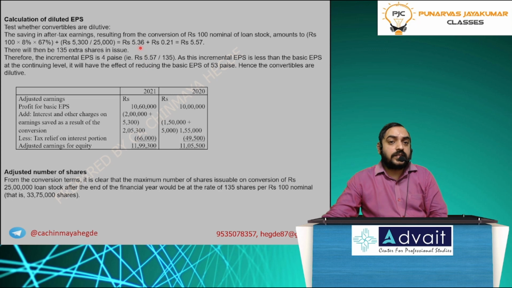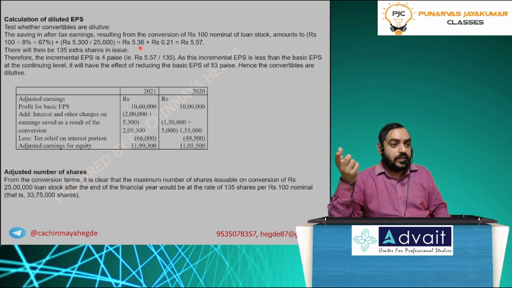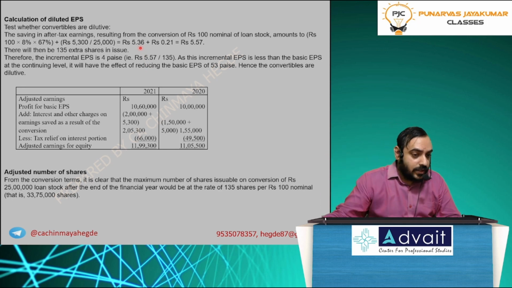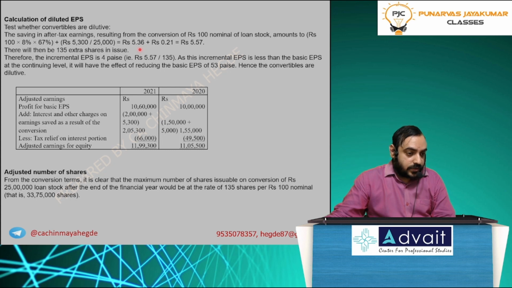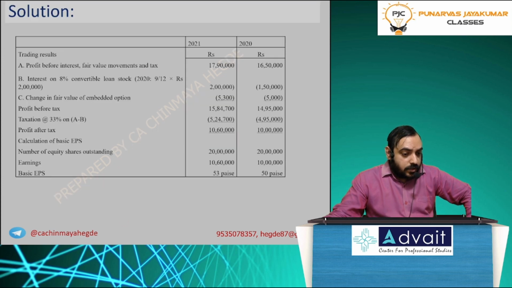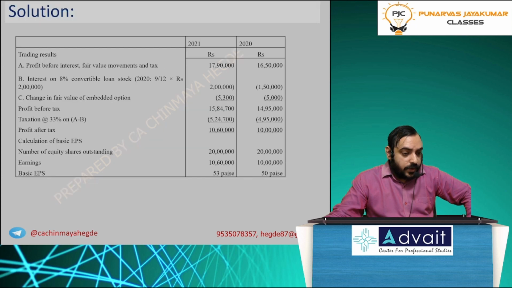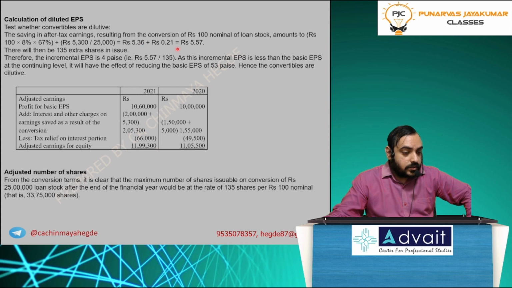You get 5.36. They have done it directly on a per share basis because the ratio is 1:1, one share, one debenture. 5.36. Okay, so 5.36 is the incremental per share basis. But what is the basic EPS? Oh, see, this is higher, no? Then